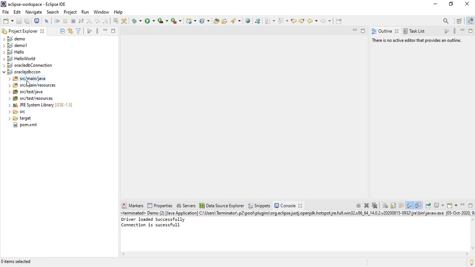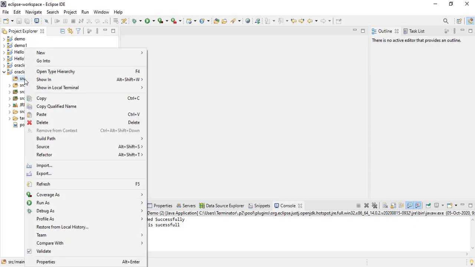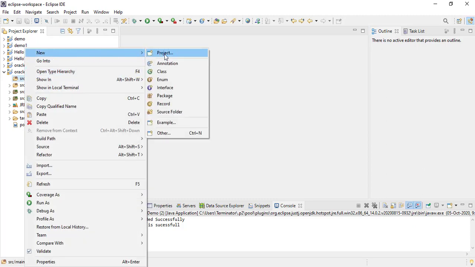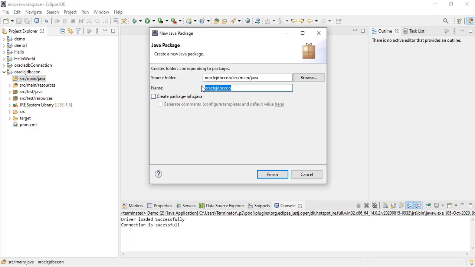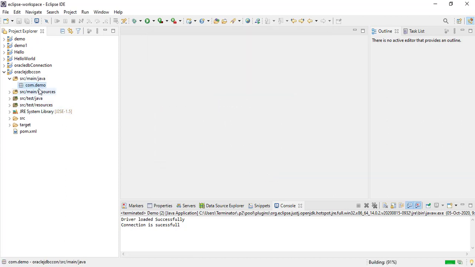Inside this src/main/java folder, I need to create one package. I will give the package name as com.demo. Inside this package, I will create one class.